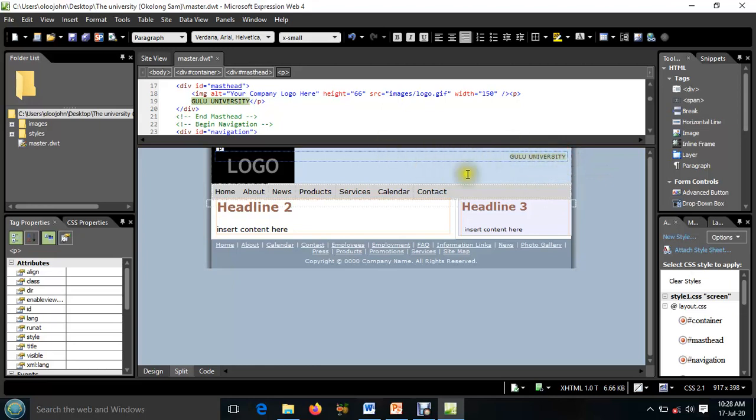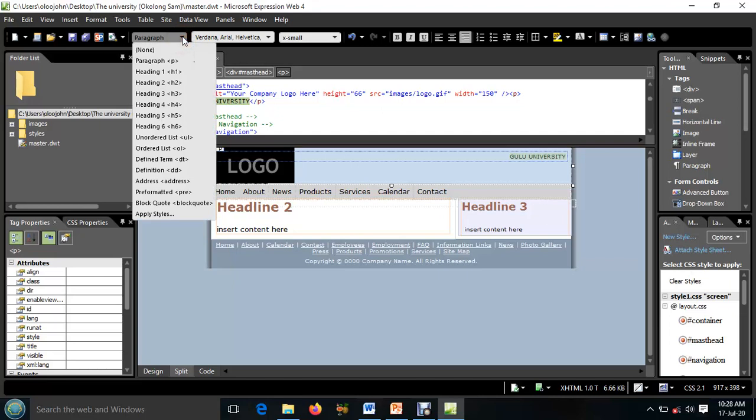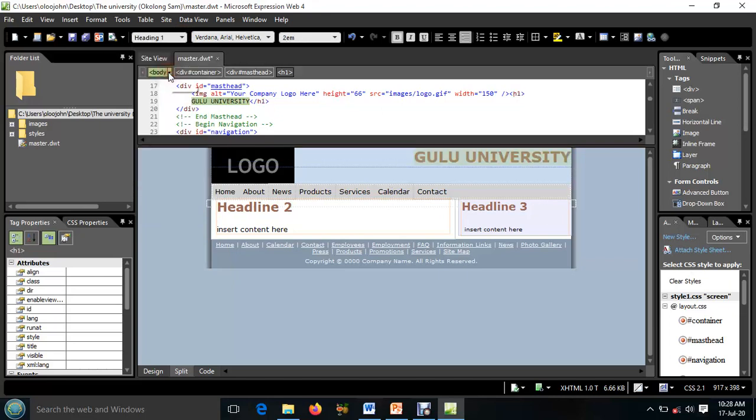So we are going to change its style by coming to paragraph. You can see where paragraph is. We don't want it to be the paragraph, but we want it to be heading, and it's the main heading, so you call it heading 1. Okay,